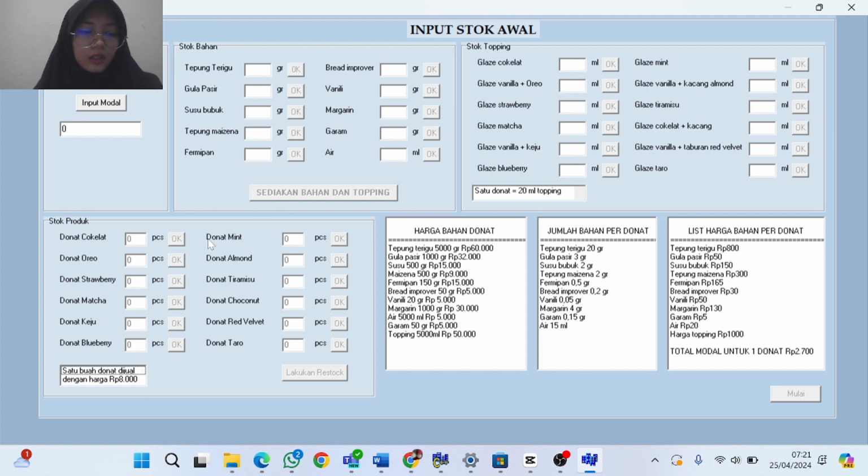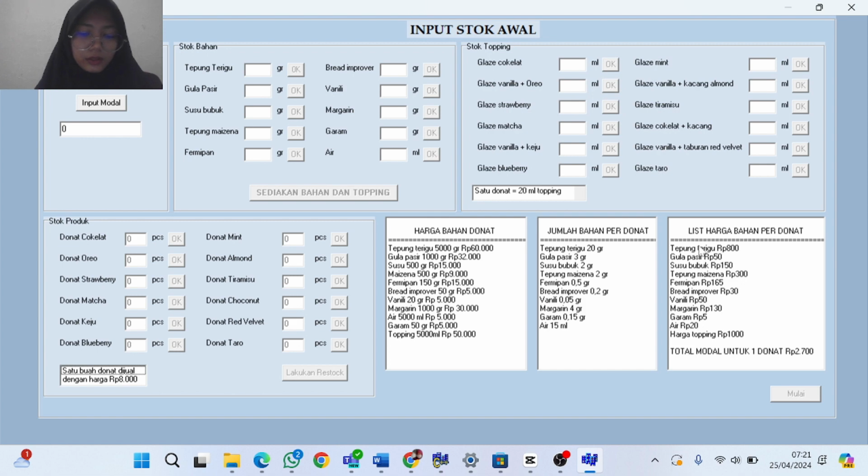Then for inputting product stock, here is also the price of donut ingredients. Here is the amount of ingredients per donut. One donut requires 20 grams of flour and other ingredients.